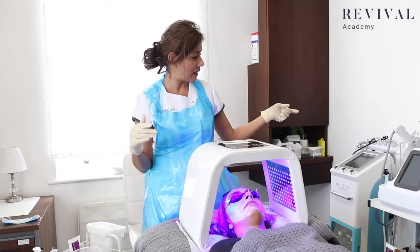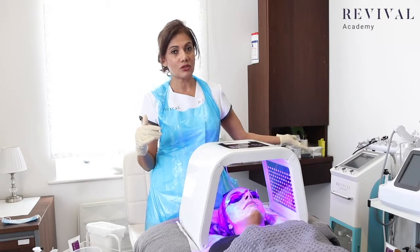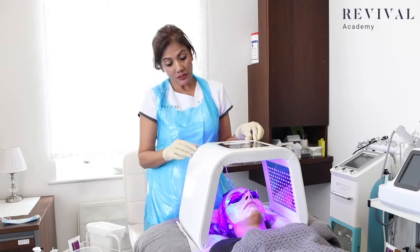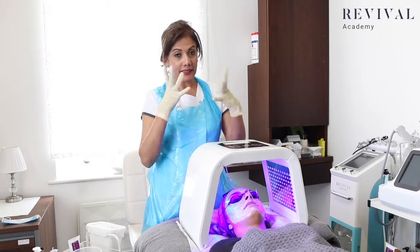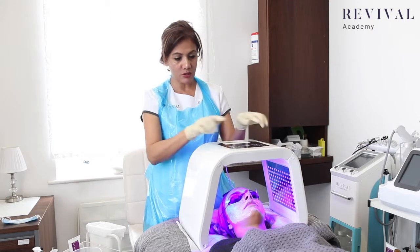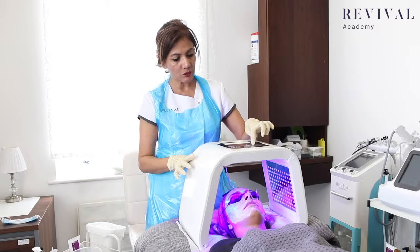I've got a hydrofacial machine which comes with this, so what I tend to do is I use this one instead of that. It's personal choice. A lot of people are buying the other mask, but you know, you try it and see what you think. But personally, I would say this is so much nicer. Let me put it on the red and see how